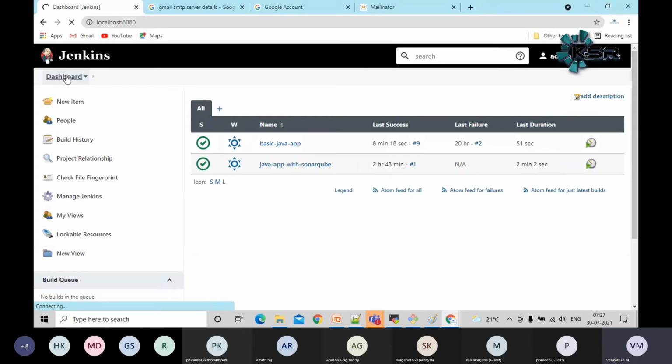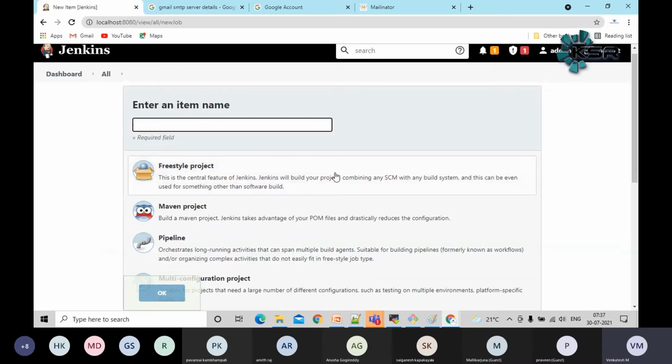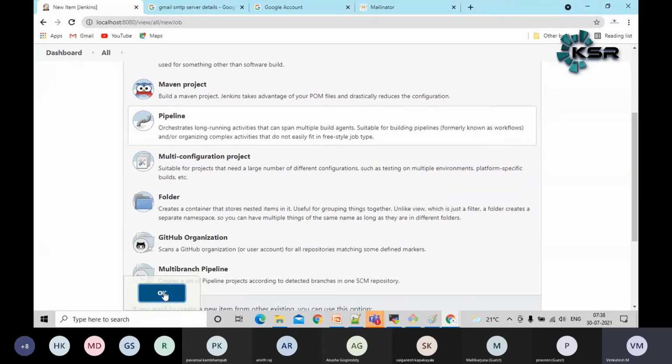I think Jenkins came out of the setup, restarting I guess. Now, how to create a pipeline. I have installed a set of Jenkins plugins, and I hope that was successful. So I'll go ahead with this, to see whether a pipeline is successful or not. This option should come, guys. Now what I will do is name it Jenkins pipeline. I am creating a new project here, and earlier I had chosen the Maven project. Now I am choosing pipeline as the project. Now let's create it.